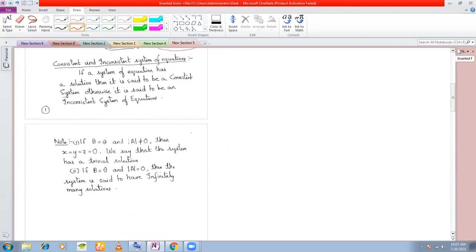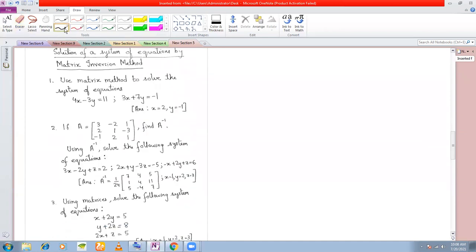Now there are two special cases given here. If the determinant value of A is non-zero and B is a null matrix, then the system will have only this solution: x is equal to y is equal to z is equal to 0. If B is a null matrix and the determinant also vanishes, then the system has infinitely many solutions. We shall not be using these two conditions much, but it would help you to remember them, as they may come in the exam. So let us proceed with the problems, and then we'll come back to the chart.